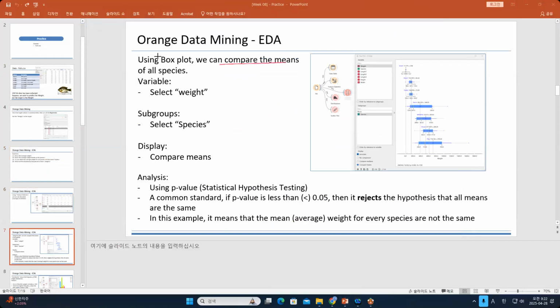Last time you learned about the box plot. The box plot has five-number summaries. You still remember? Yeah, it was in the exam. We have the minimum, maximum, Q1, Q3, and median. Then I can use the box plot to see the